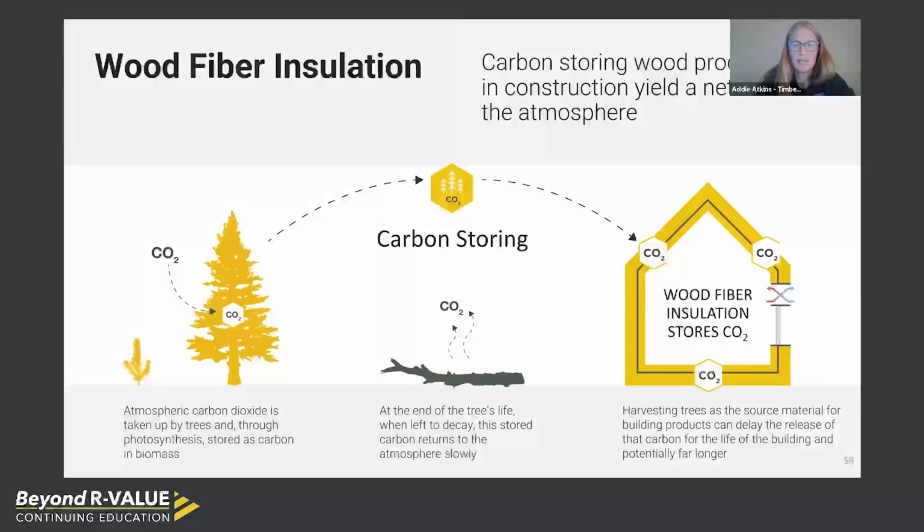As we dive in today to the HERS rating and potentially decarbonizing our buildings, we just wanted to hit on a little bit more of that wood fiber insulation. How do we get to that carbon negative story? That basically comes from the natural process. You've got your tree growing in the forest, pulling in carbon dioxide through photosynthesis. When that tree gets cut down to be milled into dimensional lumber, moldings, whatever wood product they're making,